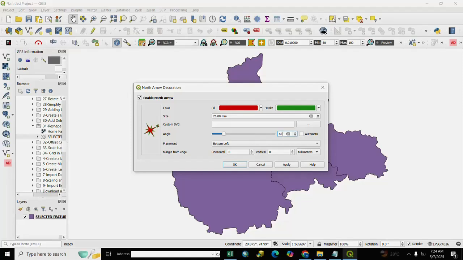And if you want to automatic you select here automatic, cross it and select automatic. It's adjust on North Arrow.